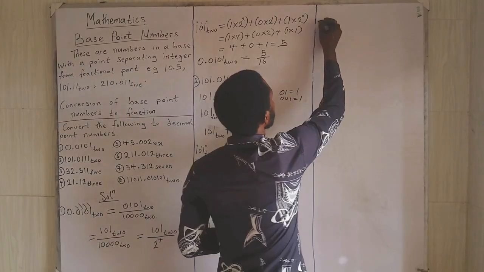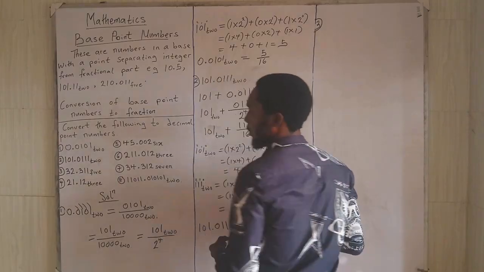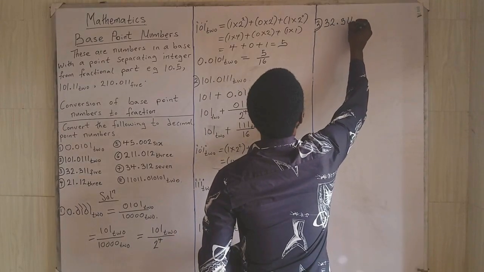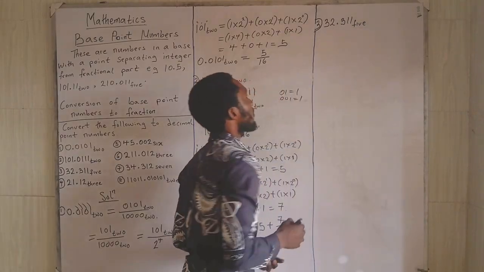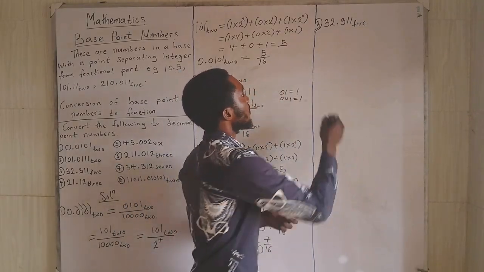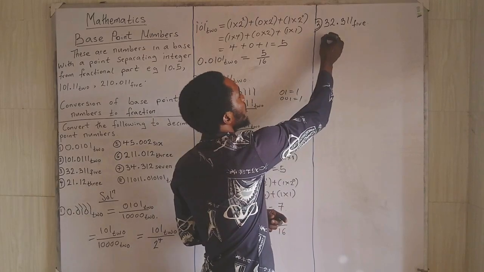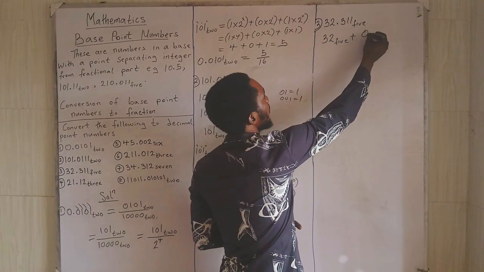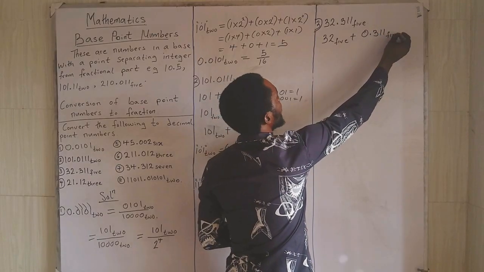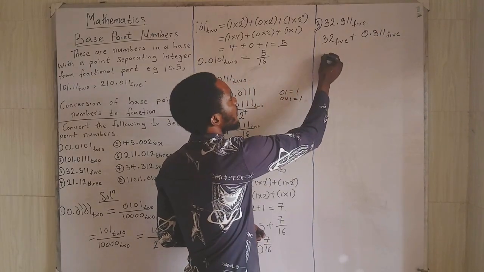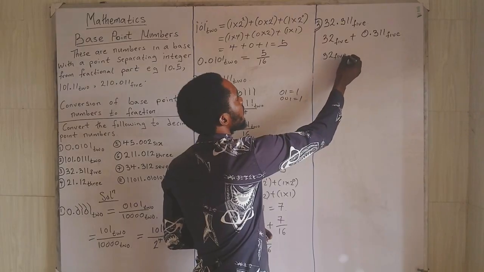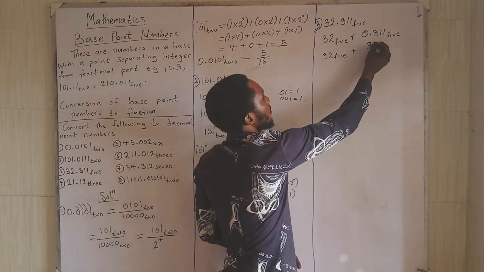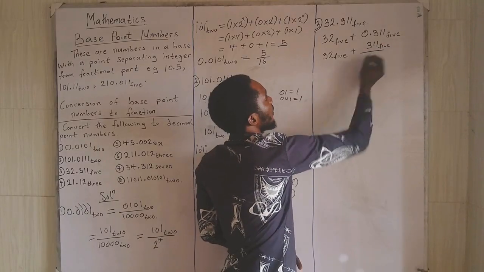3. What do we have? We have 32.311 base 5. What we are going to do first is separate the fraction and the integer. This is 32 base 5 plus 0.311 base 5. And we have 32 base 5 plus the number after the point, that is 311 base 5 over